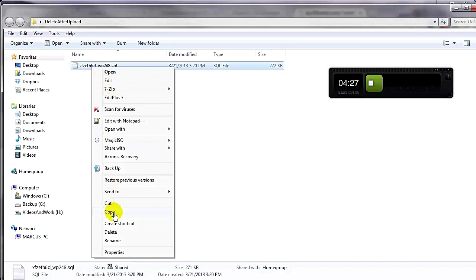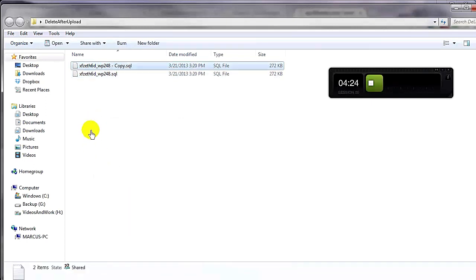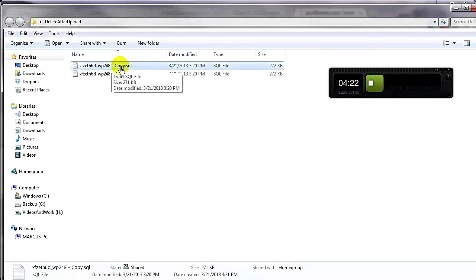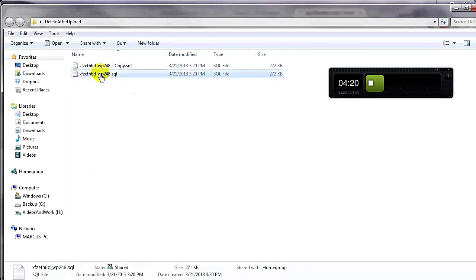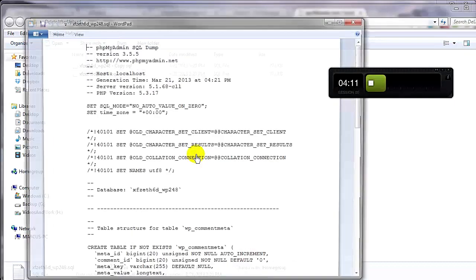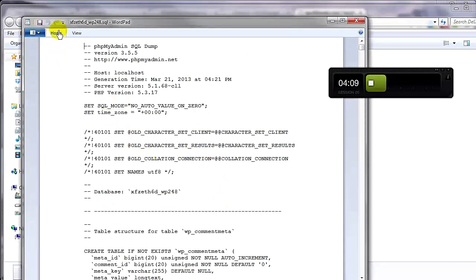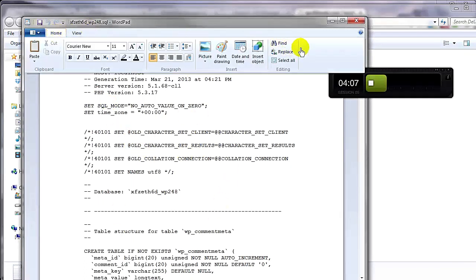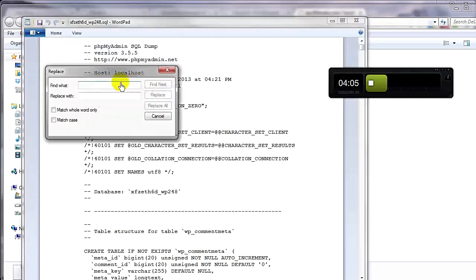Let's click on Copy and Paste. I'll keep this one named copy as the backup, and we'll open this one up with Notepad or WordPad. Notepad will work just as well, but it looks like gibberish, so let's use WordPad because there's some formatting involved here. Come up here to Home. Go to Replace and find what? We want to find the WP_, and we want to replace it with our new one, which is, let's give it a name, GOTU_,